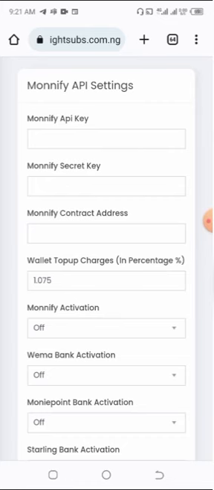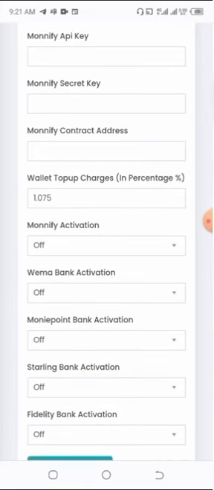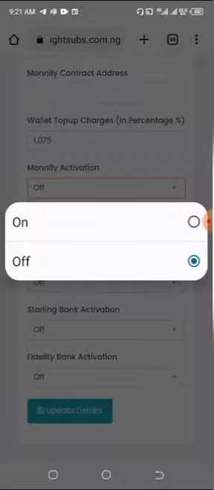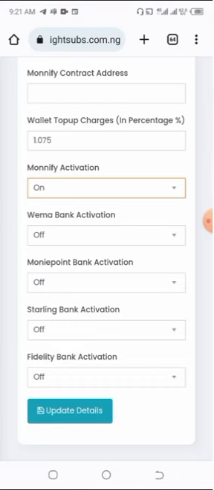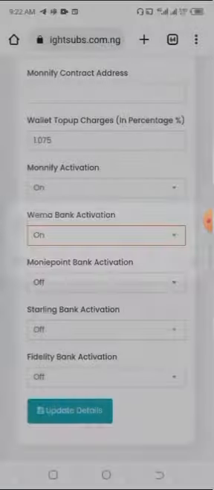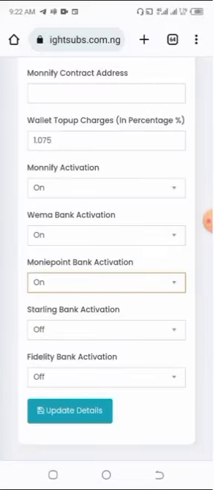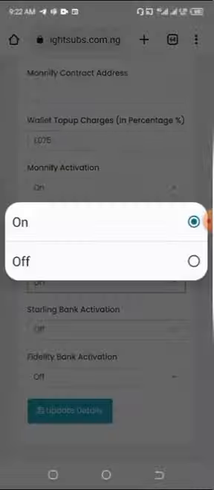Now your modify account is what you can use for automatic funding. Anytime there is a service with anyone, for example, let me say I turn on Wema, so you have to turn on your API. When you turn on your modify, it's going to appear on your user dashboard. I have already turned it on. Your user is going to get up to these 4 accounts: Wema Bank, Moneyport, Starling, and Fidelity. You can turn them on and off depending on how you want it, maybe because of network issues. Then you click on